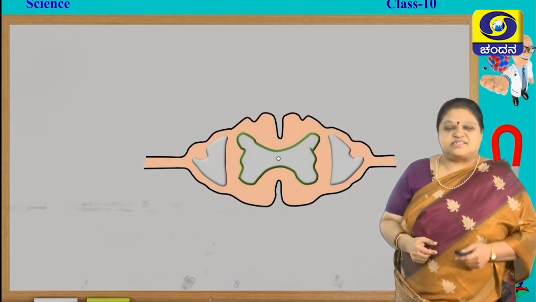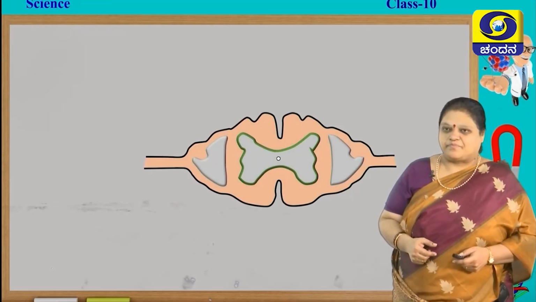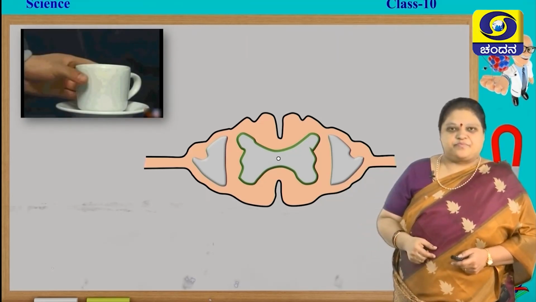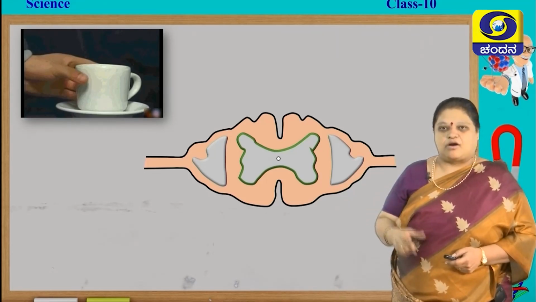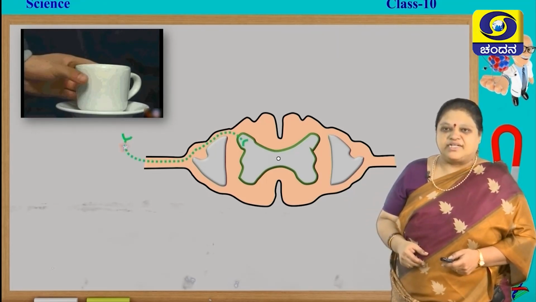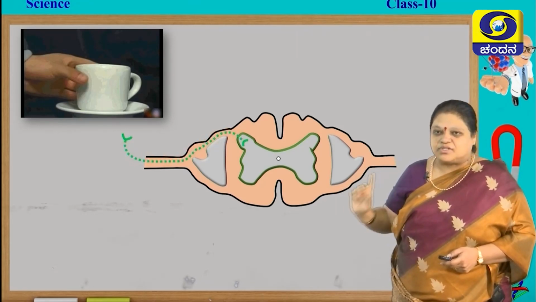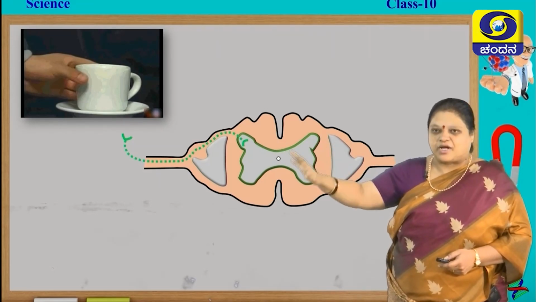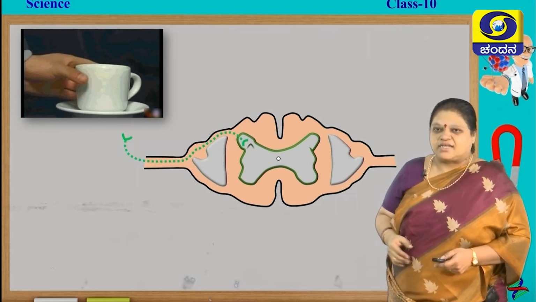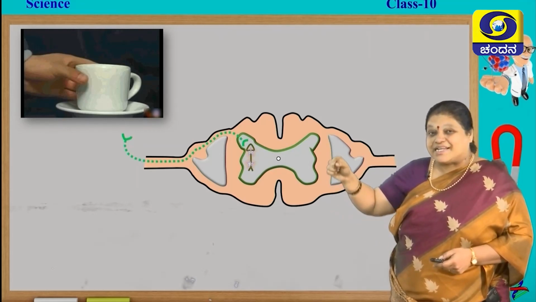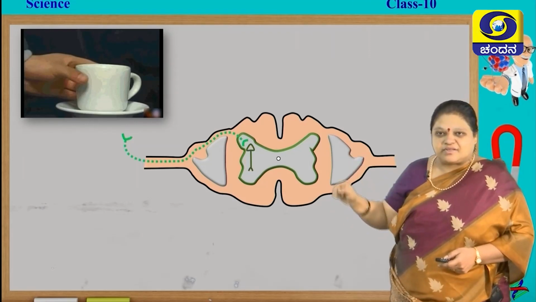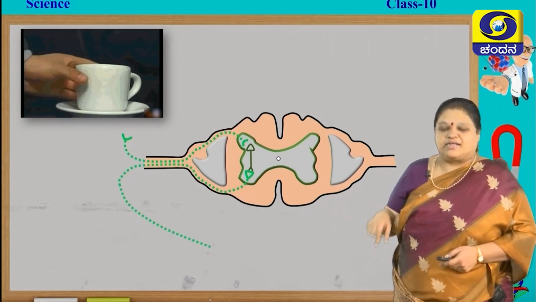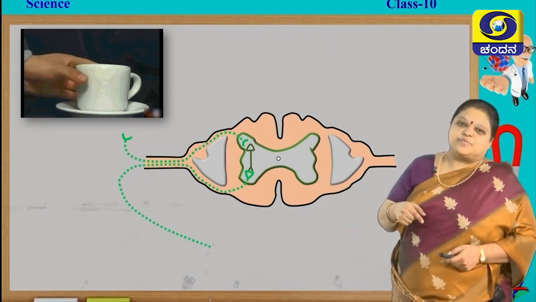Now, how does this reflex action work? Let us see. Imagine a person is touching a hot cup of coffee. As soon as he touches it, a neuron will take the impulse through this spinal nerve to the central part, which you call the central canal. To that portion the message is sent. Next, another neuron will relay it to the next neuron, something like a relay station. Next, another neuron will take it to another body part away from the spinal cord.